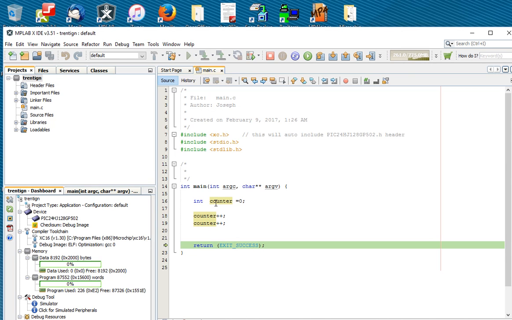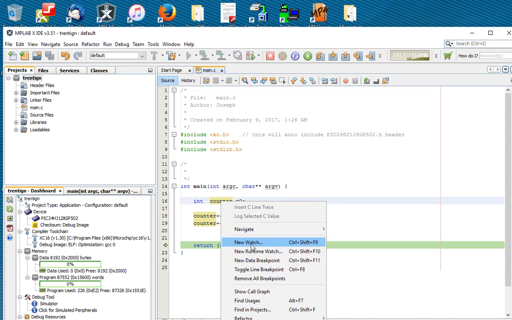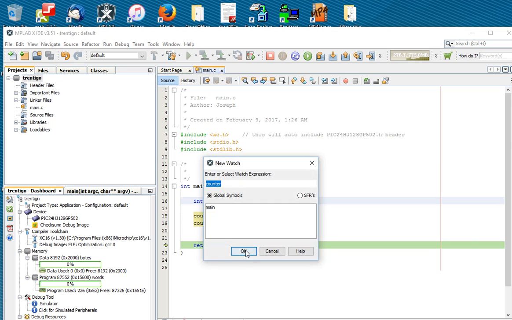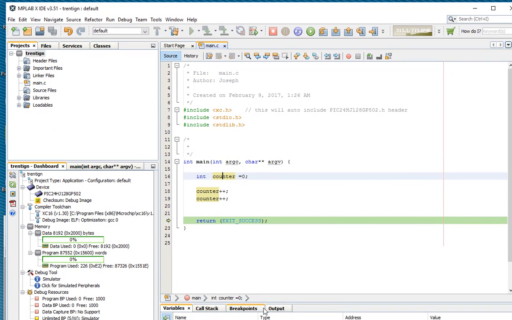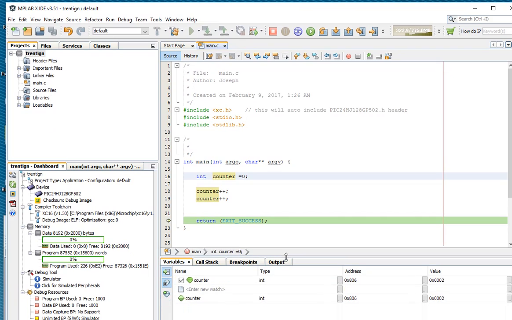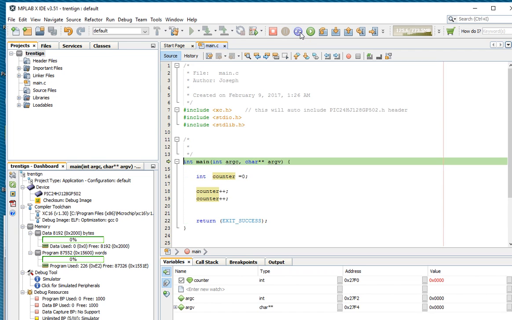We can do things on counter, we could do right mouse click, add new watch, counter, okay. And then I've added the counter. If I bring this up from the bottom screen, I've got a counter variable, and its value is 2. Now if I reset the processor back to 0, give it a full reset, and